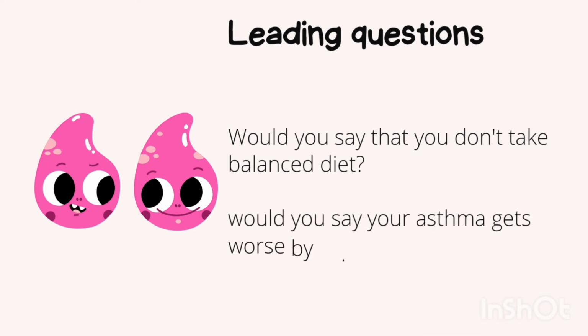For example, would you say that you don't take a balanced diet? Or would you say that your asthma gets worse by using perfumes? Instead, can you tell me something about your diet? Now, see, in this case, the examiner or the interlocutor or the patient will be confused